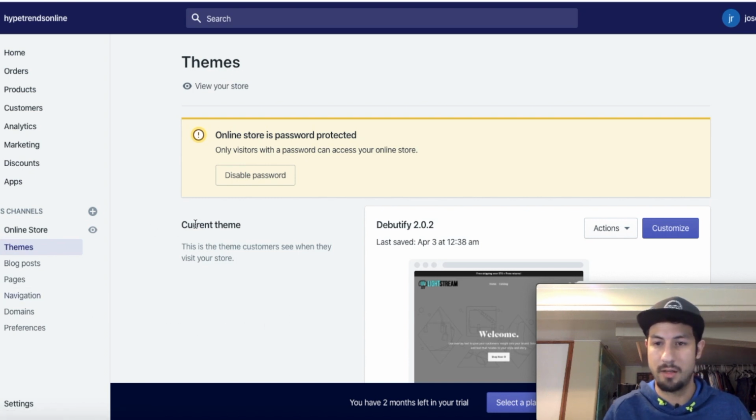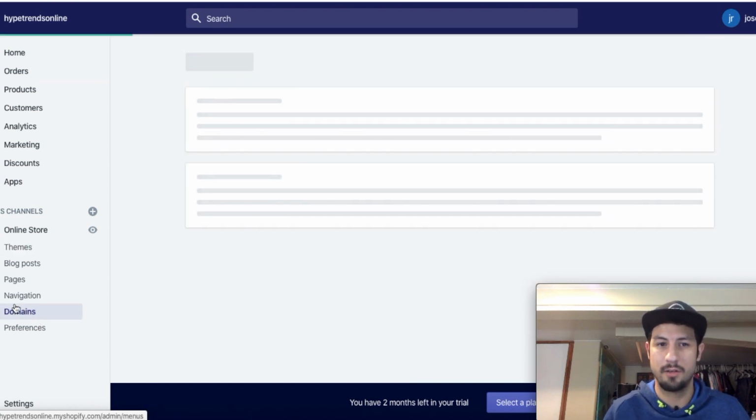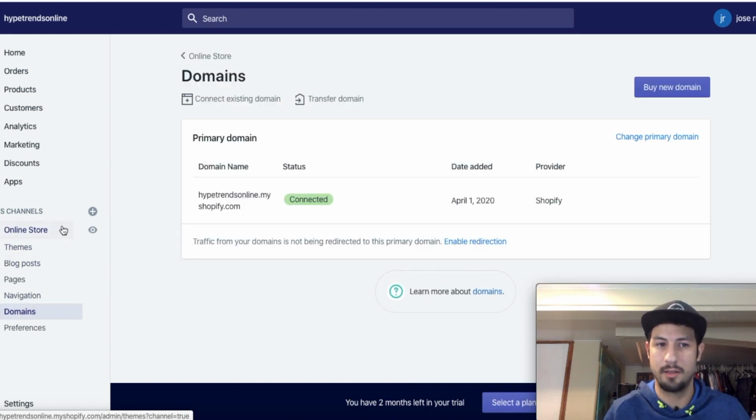That way they're compliant with Facebook. They've got to be in your footer when you're advertising on Facebook, and it looks better just to have them there. So if you want to search for a domain within Shopify, go to domains right here under online store,